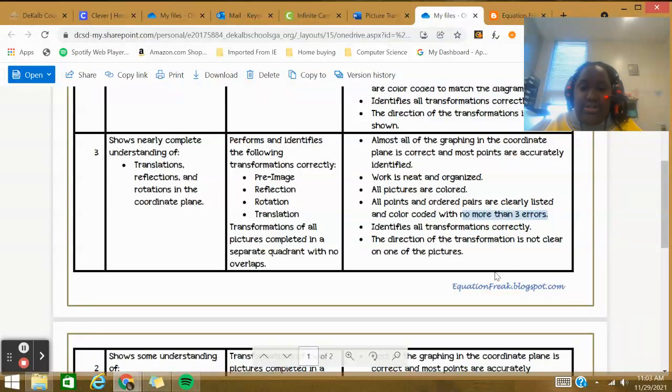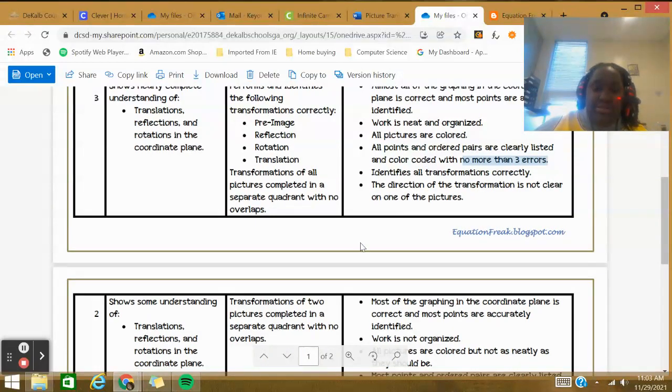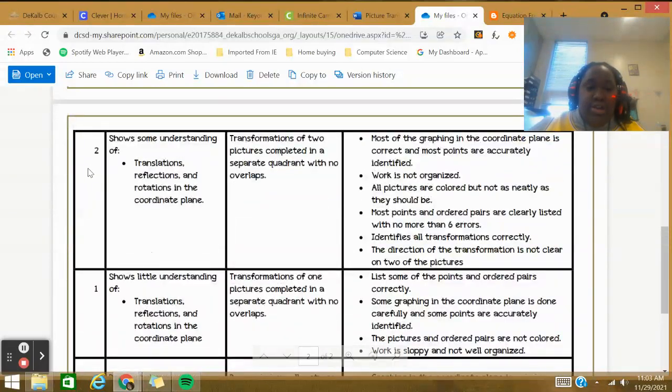Identify all transformation correctly, and the direction of the transformation is not clear. So you didn't put the arrows, right? So you might have had all four transformations, but you didn't put the arrows to show what direction you went, and you might have made a couple errors when it came to plotting the points in order pair. I'm writing them down. Now, I don't even want to go through this part, but to get a 2, which